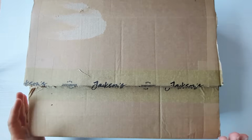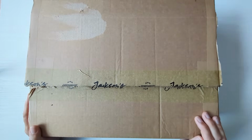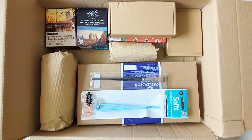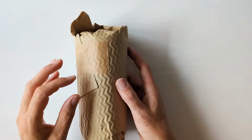Hello, I've got a Jackson's Art parcel, which I'm very excited to open and share with you today. I've had some really good sales from my art collective gallery this month, and so this is a total splurge. I'll quickly run through everything first of all, and then I'll come back to things and look at them in a bit more detail. So first of all,